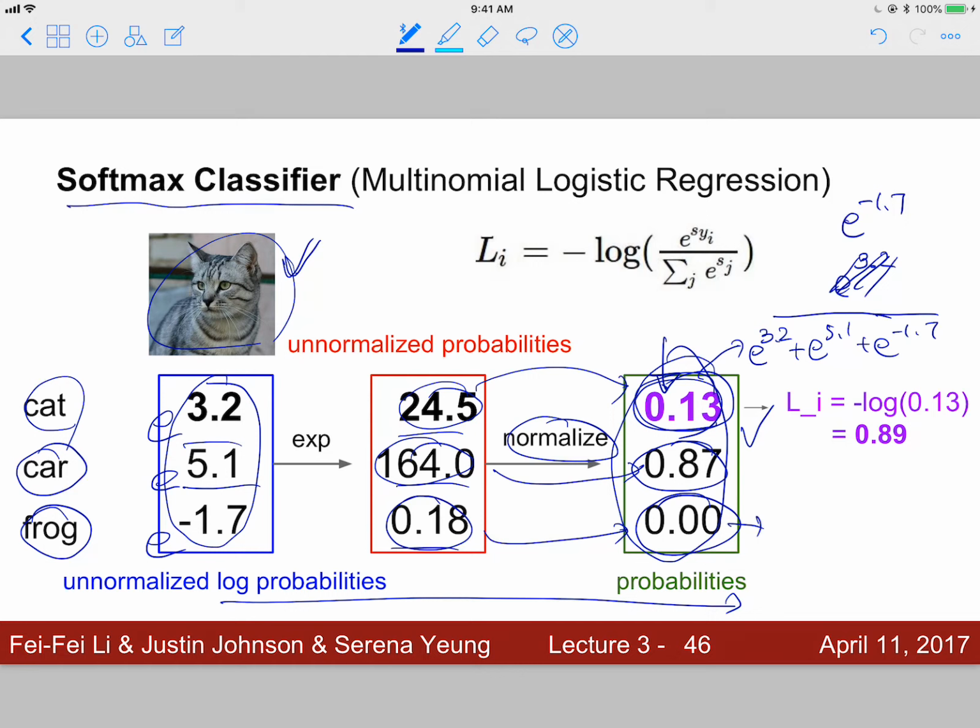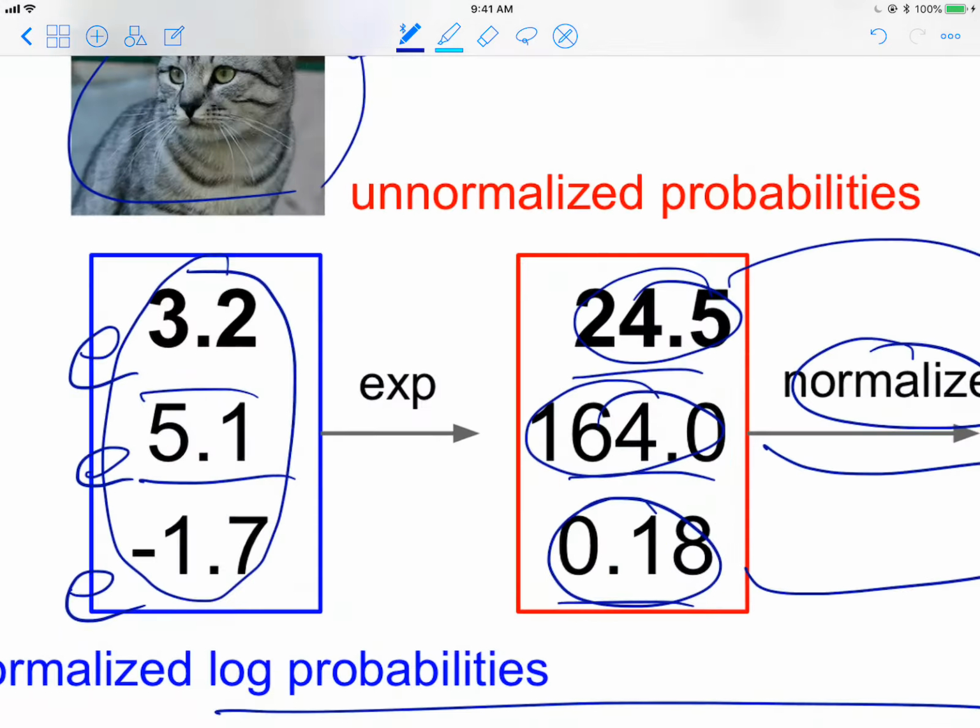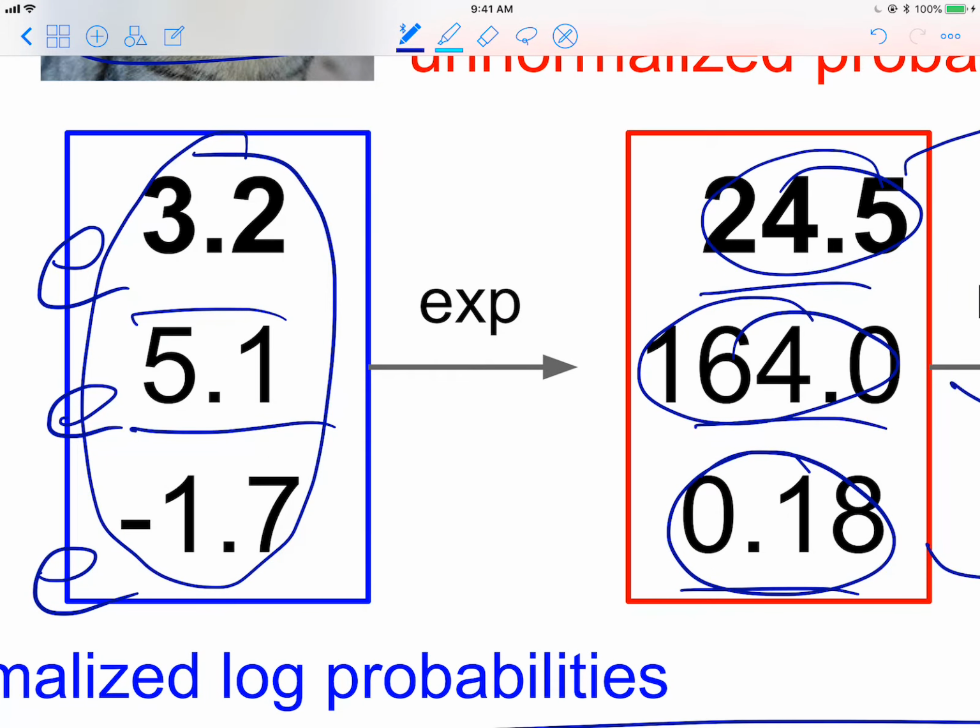Now let me explain why this is called the softmax. It is basically doing a kind of max operation. Given this input vector of 3.2, 5.1, and negative 1.3, what is the maximum value? The maximum value is this one, 5.1. But if you know something called the argmax, that is an index